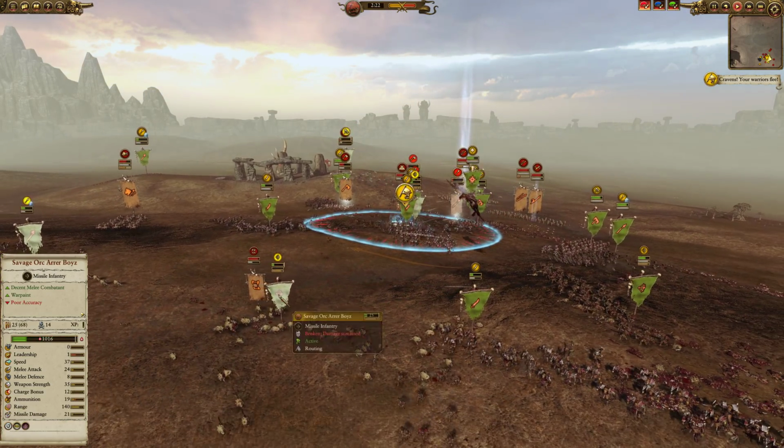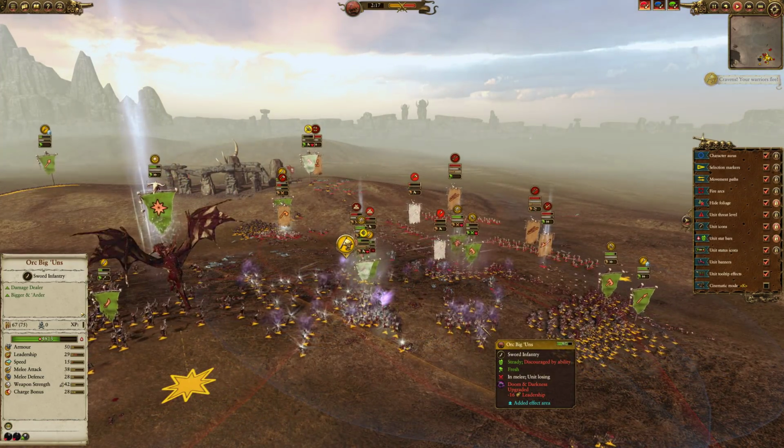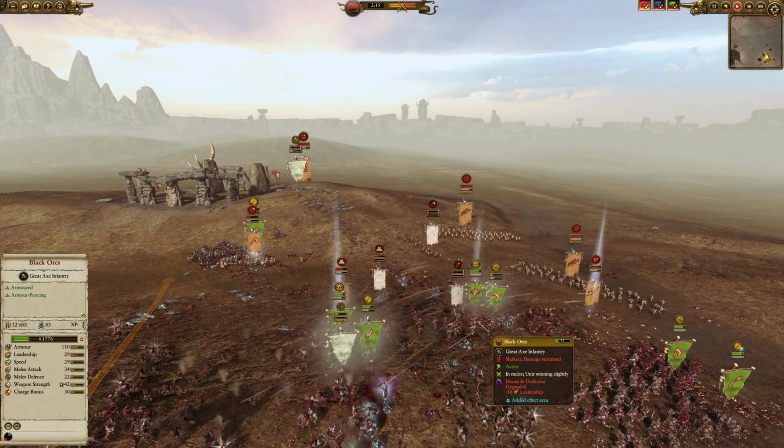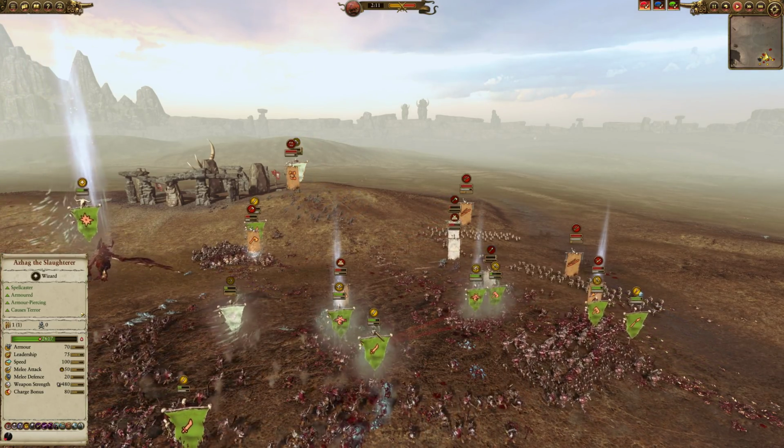His Ice Wolves get in here, and they do mop up some of my guys. He is going to use Doom and Darkness once again to try and break my leadership, but the leadership of my boys, speaking of the boys...